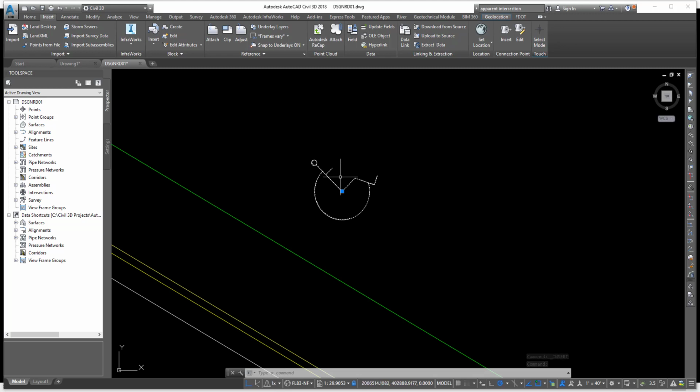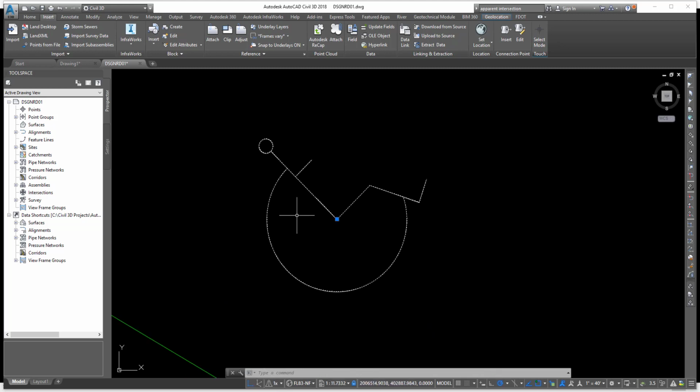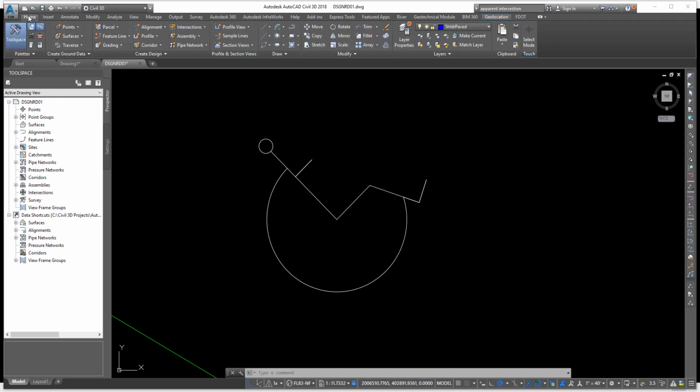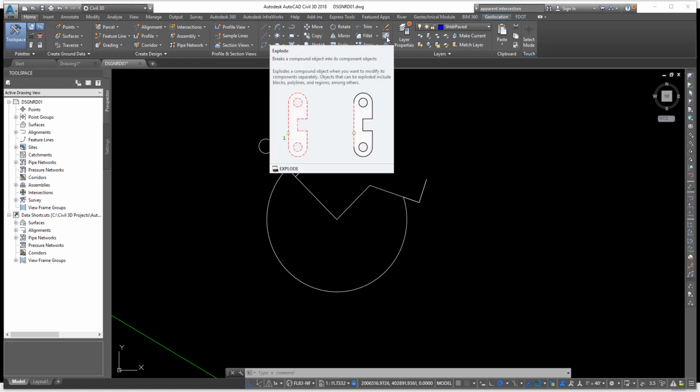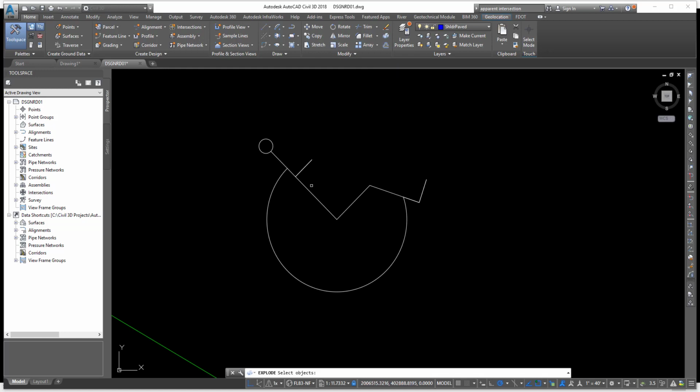So right now this is one object. After I explode it, I should get an arc, a line, a couple of lines in here, and a circle. So let's see what happens. So I'll go to the home ribbon. I'll come up here to modify, and I have this little explode icon. If I click on it and select the block and then press enter, come back over it, it's no longer,